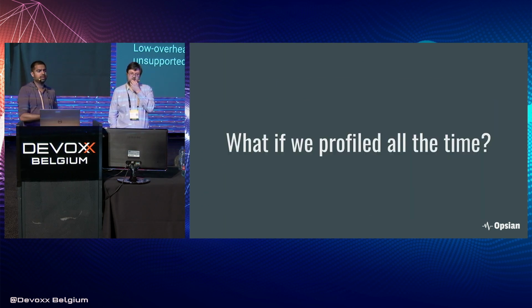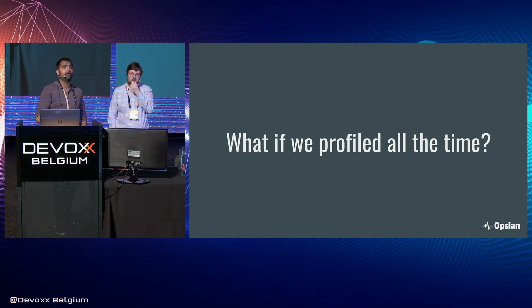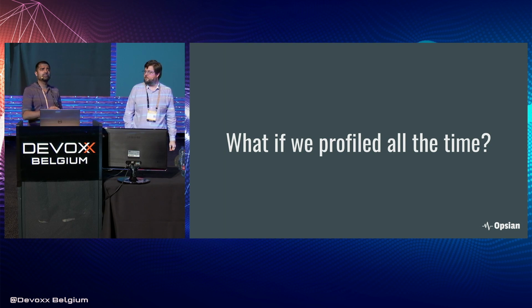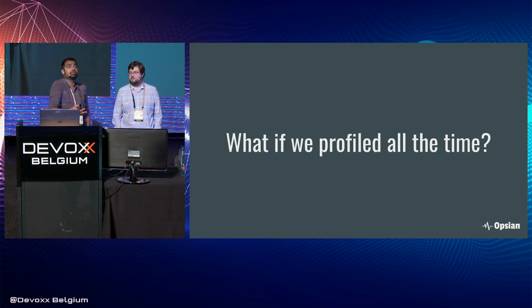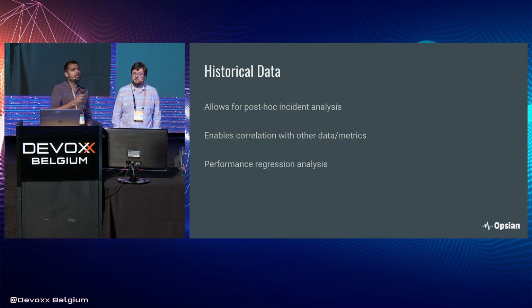So is there a way that we could get around these issues? Well, what if we have a low overhead way of profiling that's low enough that we really don't care about it? What if we just profiled all the time? Could we avoid some of these issues? Well, we wouldn't need to have access to production every time there was an issue, because profiling would always be on. You wouldn't necessarily need to spend time manually doing reports, because now you're collecting all that data all the time. You should have an automated way of doing that, right? And does it open up any new capabilities to us? Well, it turns out it does.